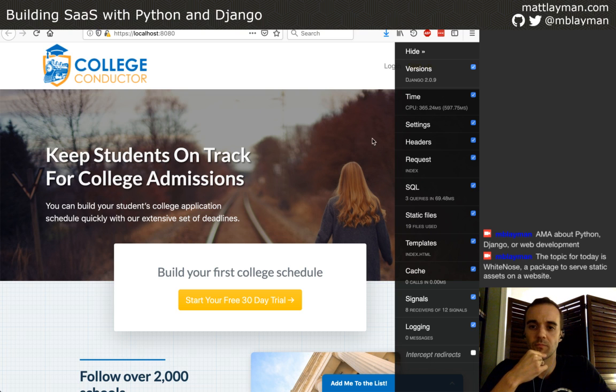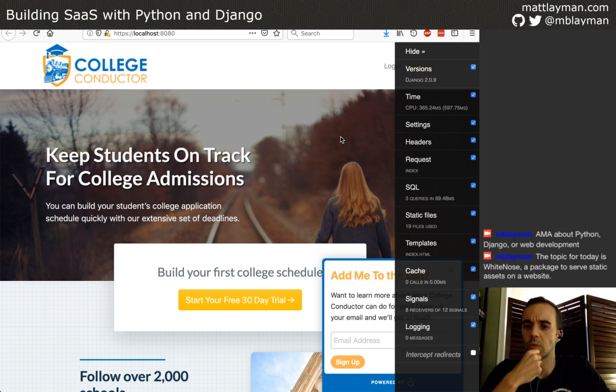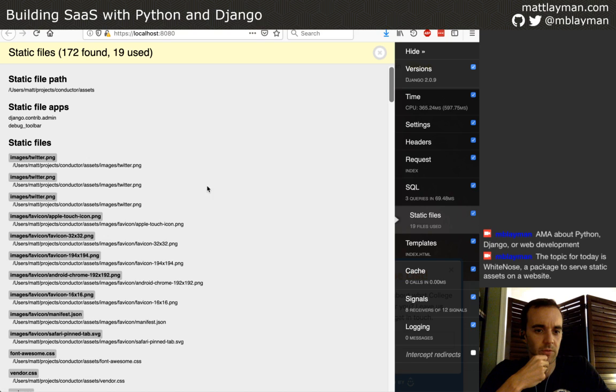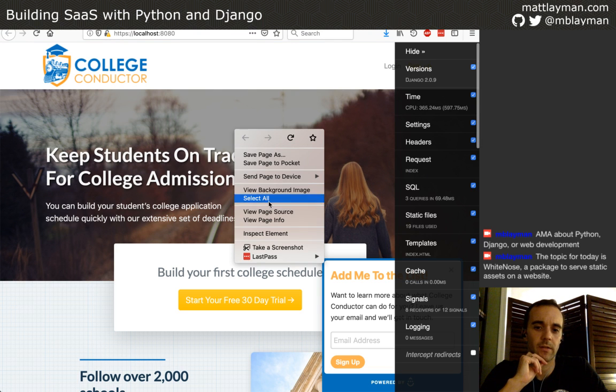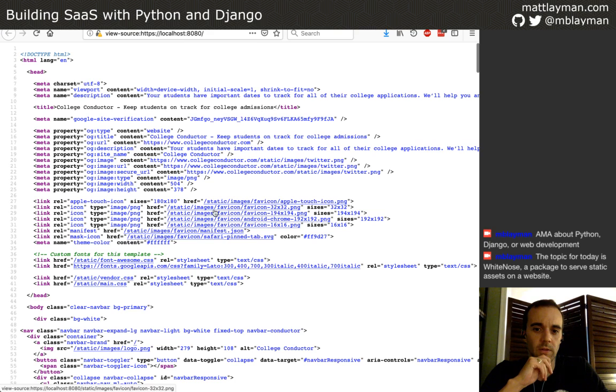Cool. It all looks good to me. What static files did it use? Okay. So seemingly it ran, and let's look at the page source. Okay, it's running with the